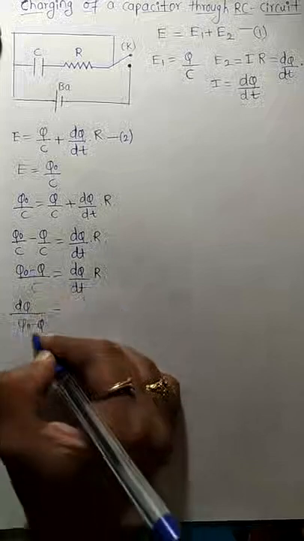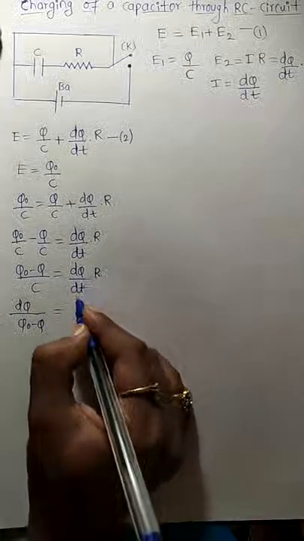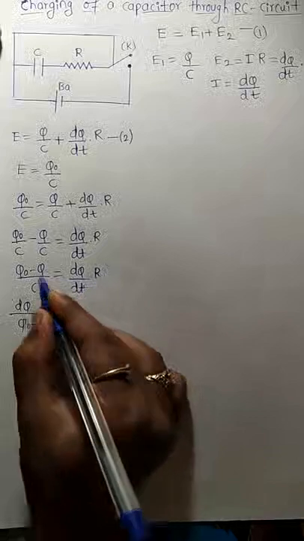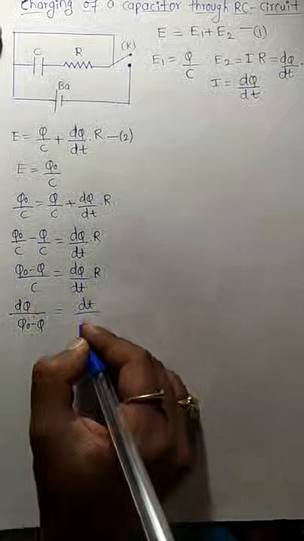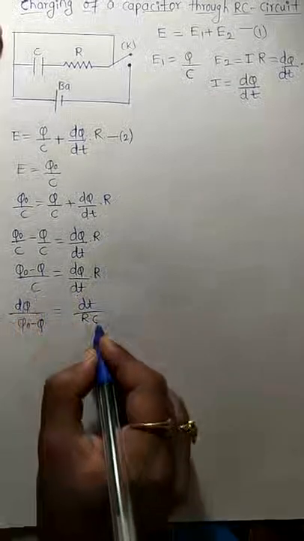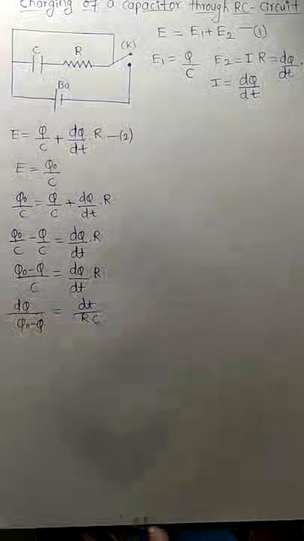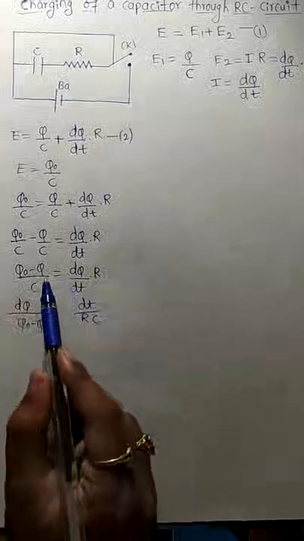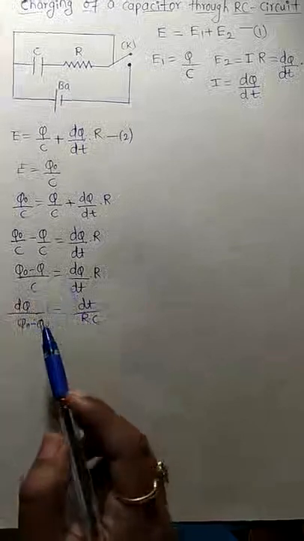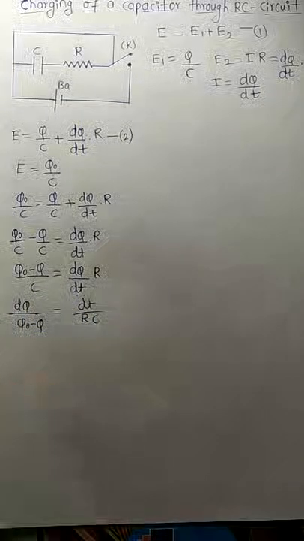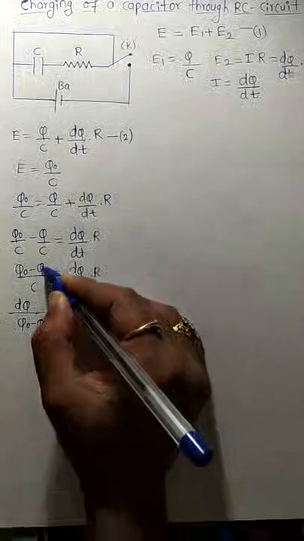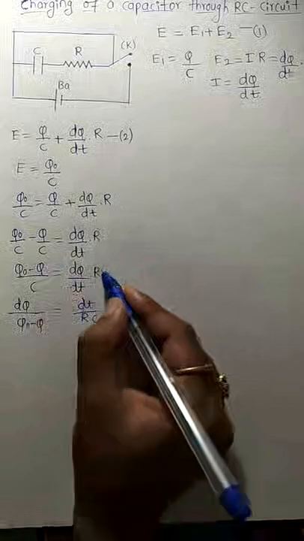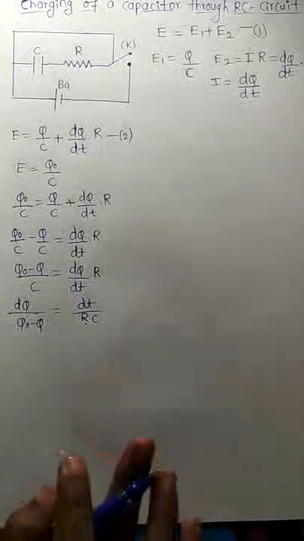Which is equal to, as this term is coming this side, so we got this equation, and R divided by dt is there. Whether it will go to this side, so what you will get? You are getting dt divided by R into C, because C is already there on that side. So we got this equation, making the q terms one side and other terms one side. dt will become the numerator and R will be in the denominator.